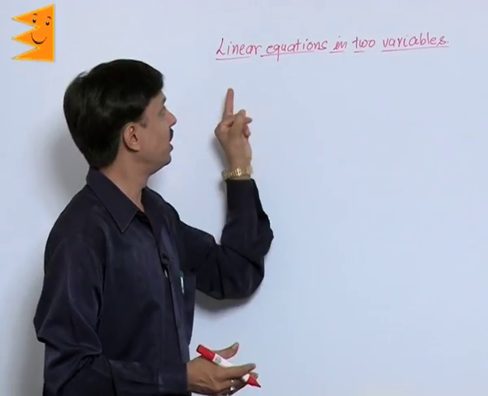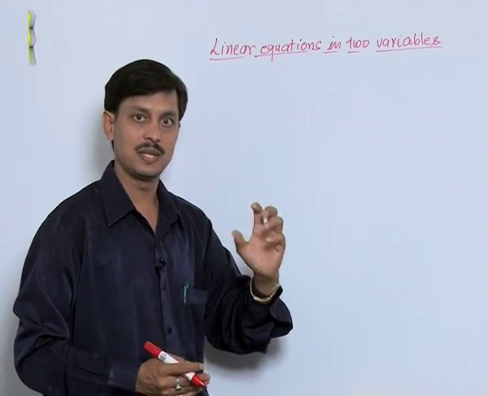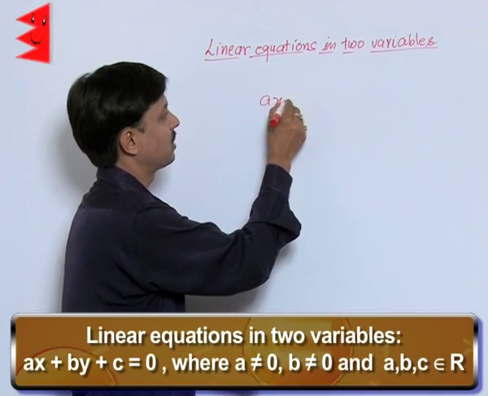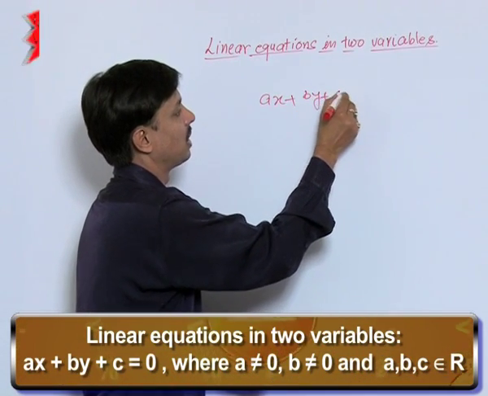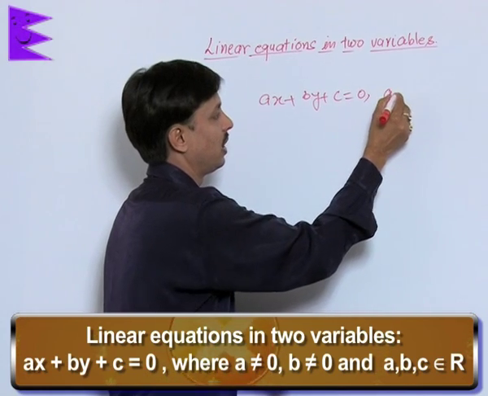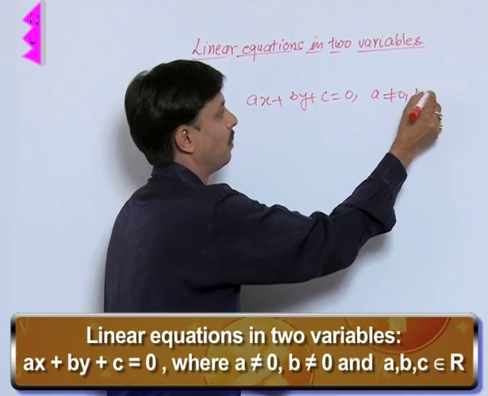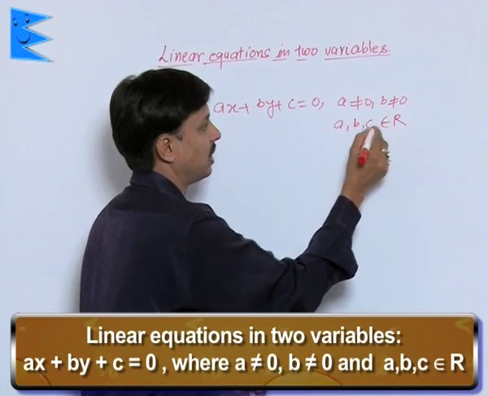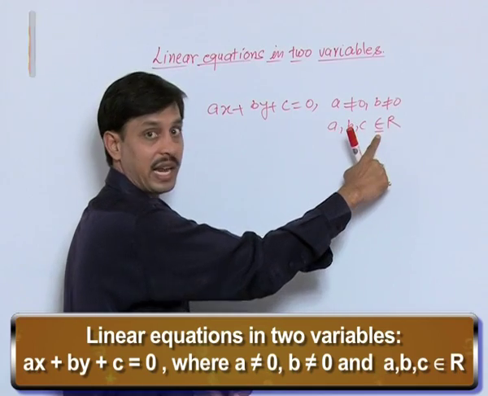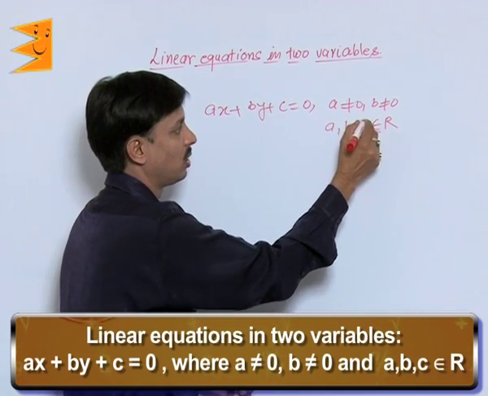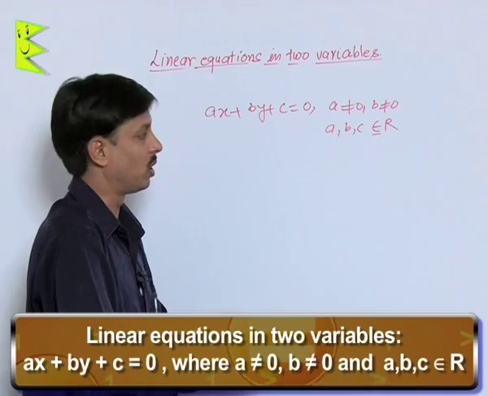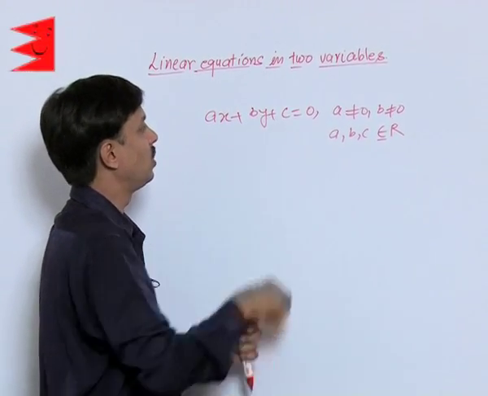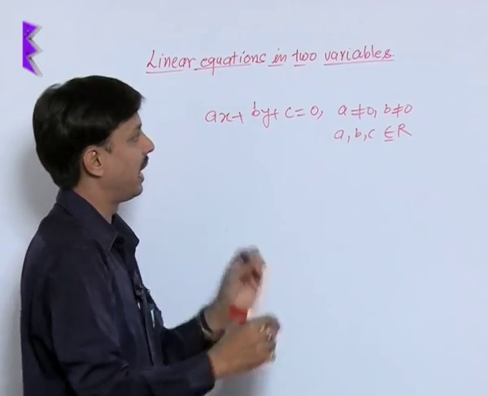Now about the linear equations in two variables, an equation in the form of ax plus by plus c is equal to 0, where a is not equal to 0, b is not equal to 0, and a, b, c are real numbers. This is the symbol of belongingness, that a, b, c all three belong to the set of real numbers. So this type of equation ax plus by plus c is equal to 0 is known as the